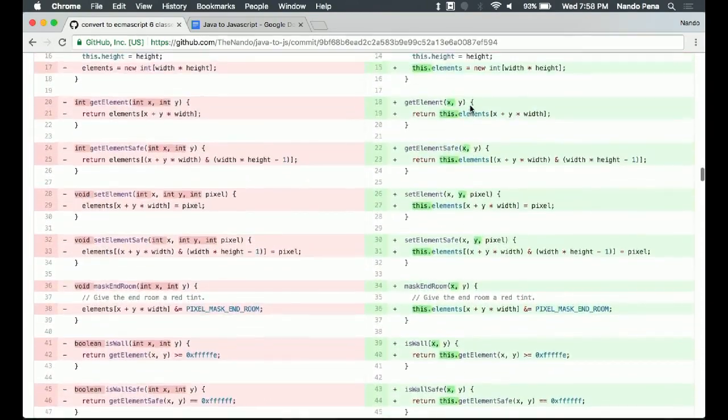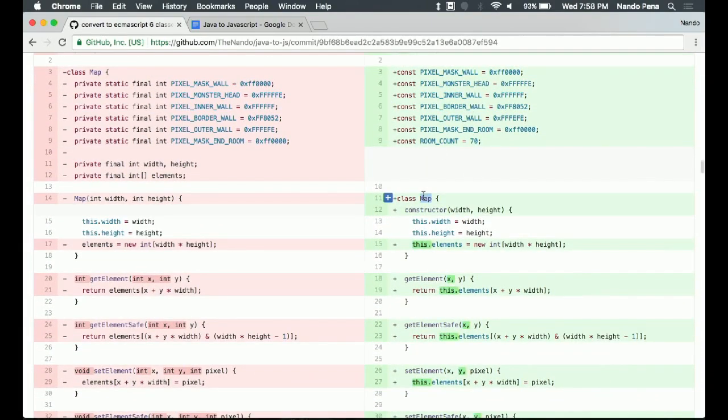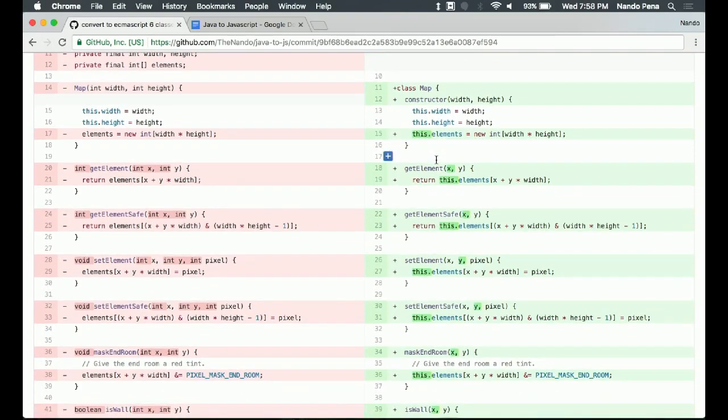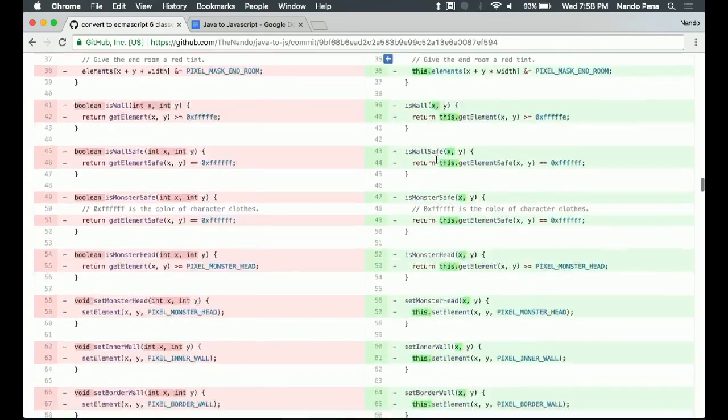So here we're looking at this block for the map. And the map only has a couple things. It has a width, a height, and some elements. And that's pretty much all we're interested in. We pass the width and height into the constructor, and we create everything else on the fly. So that's all the map knows about in terms of its own instance, its width and its height. And then it has a bunch of methods that you can get some other things.